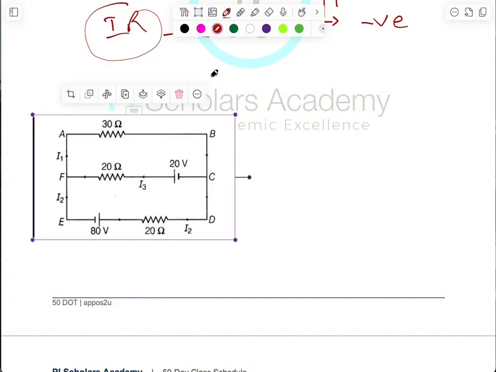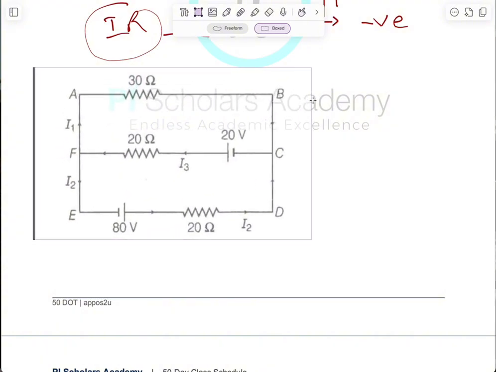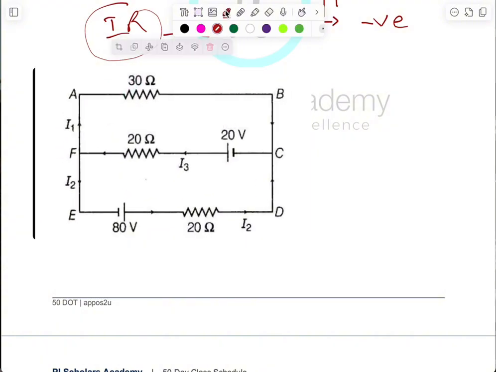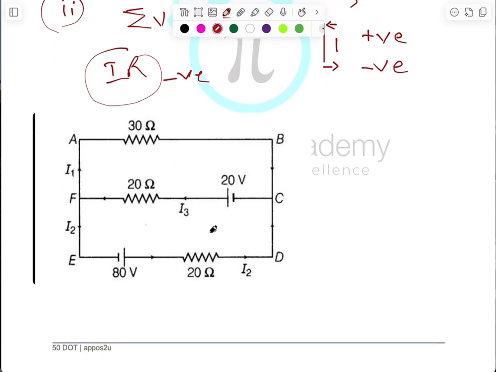So I'm going to be using this now. I will use this to explain everything I've said about Kirchhoff's rule and the likes. The first thing I want to take note of here is this voltage thing I was trying to explain earlier. If I want to choose a loop now, let's say this particular loop, the loop